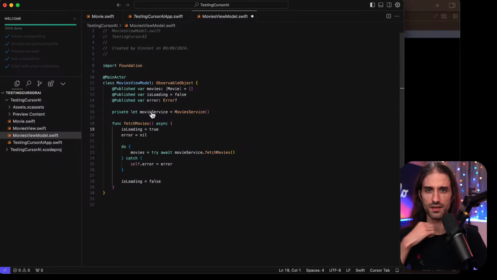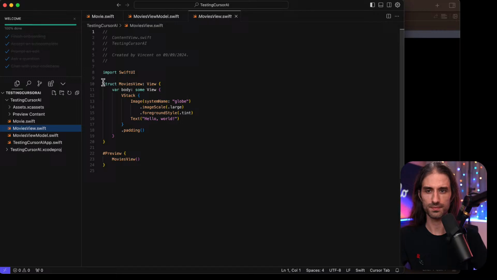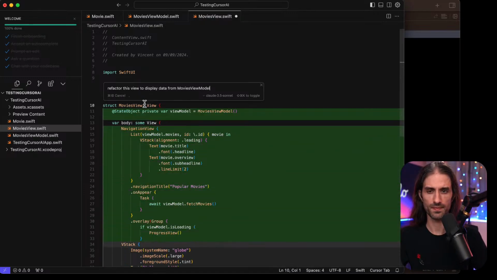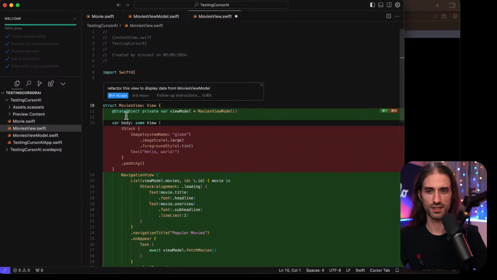All right. Now let's save this and let's try to implement the view. So I'm gonna do Command K, refactor this view to display data from movies view model. So we have a state object here. That one seems good.